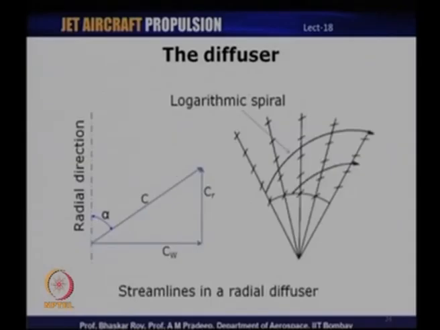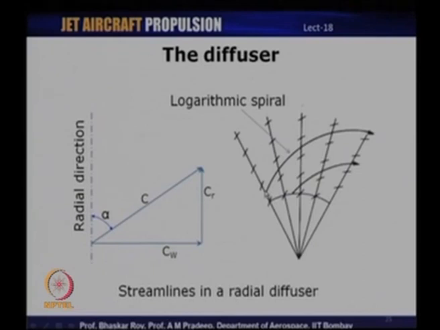And so, if we look at the velocity triangles as we look at the flow exiting the impeller, then if this is the absolute velocity that leaves the impeller, it has 2 components. One is the tangential component, the other component of the absolute velocity is the radial component. And what we see is that as the flow leaves the